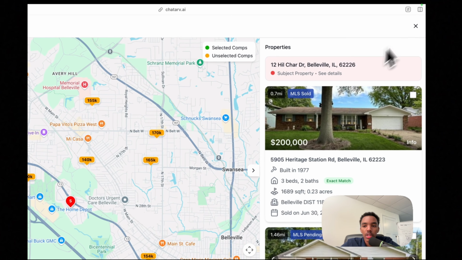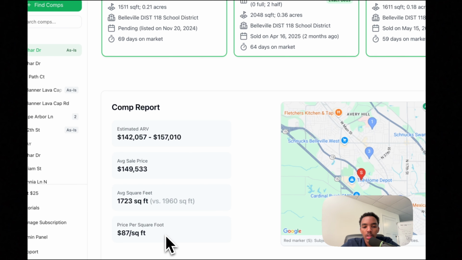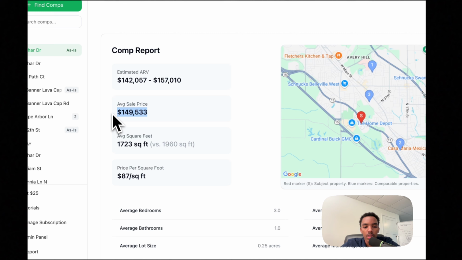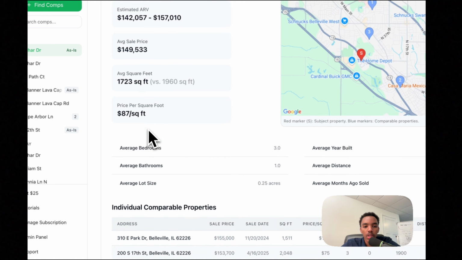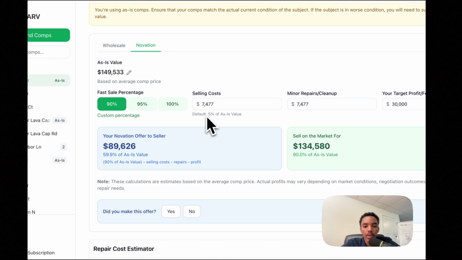These look a little bit closer than the ARV mode comps. I'll go back here and let the AI pick for us. We get an average sale price here of 140. We'll go down here and then we'll go to the Novation offer, and we'll see that it's justifying 5% for